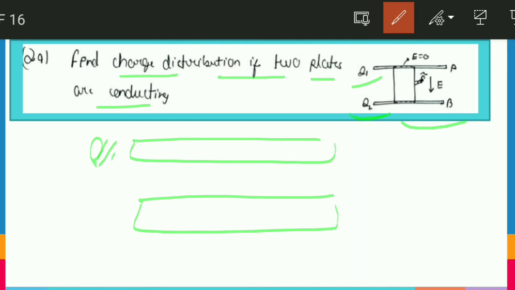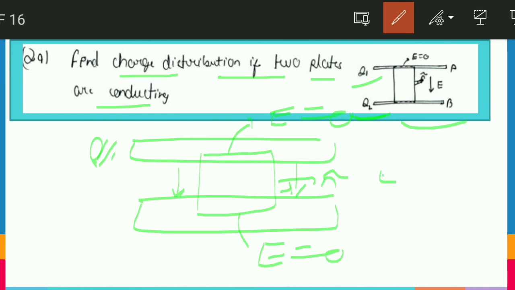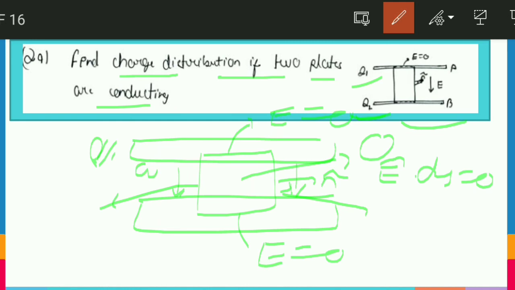We know one thing, we will apply Gauss law here, so that the electric field here is equal to 0, and the electric field here equals 0, and by symmetry the electric field will be in this direction only, so that the n cap is here, so that our E vector dot ds vector at this surface and this surface will be 0. So overall flux through this surface will be 0. So the charge contained must be equal and opposite, so let's say it gets q, so that it will get minus q.